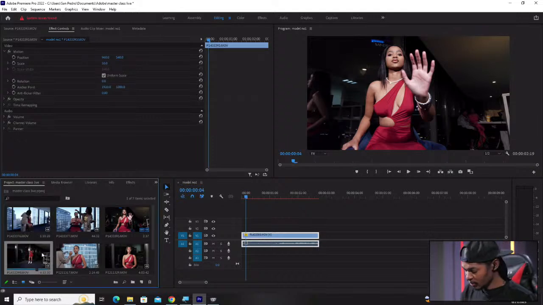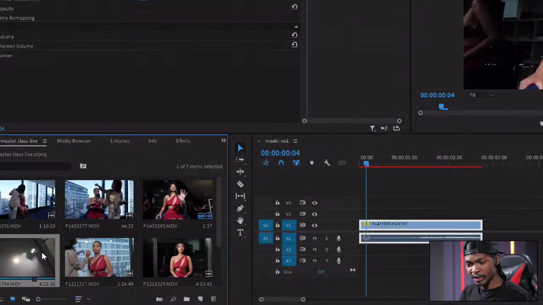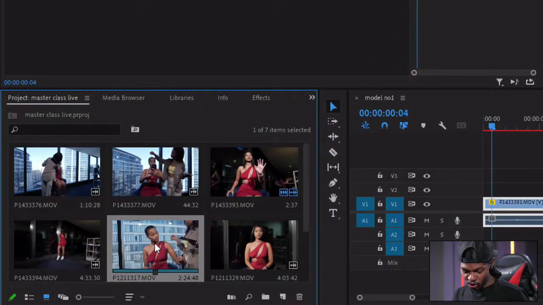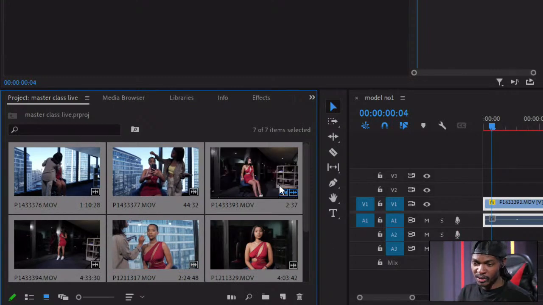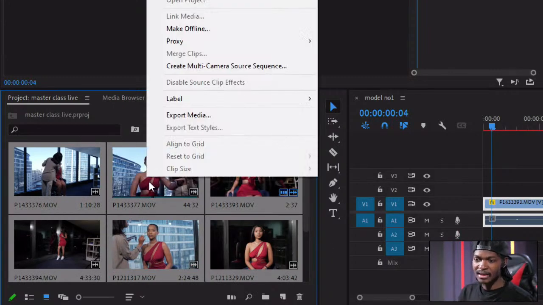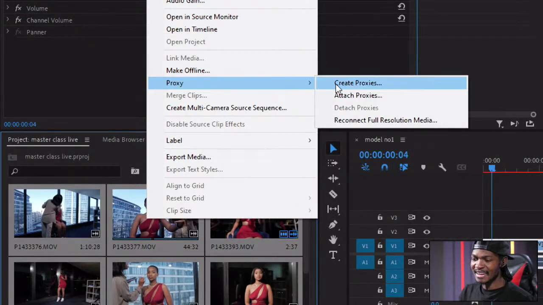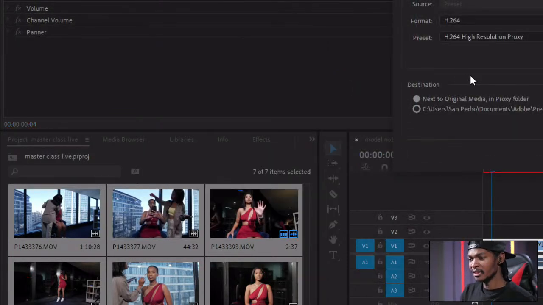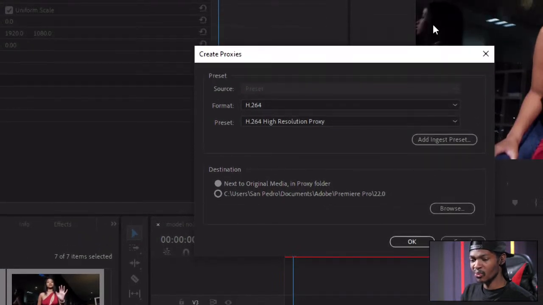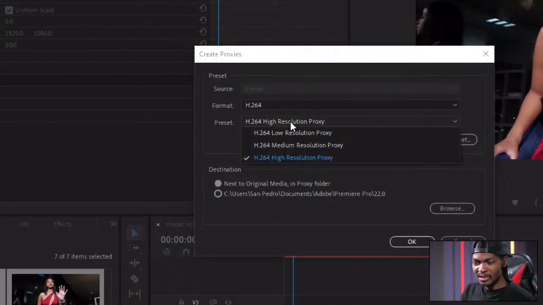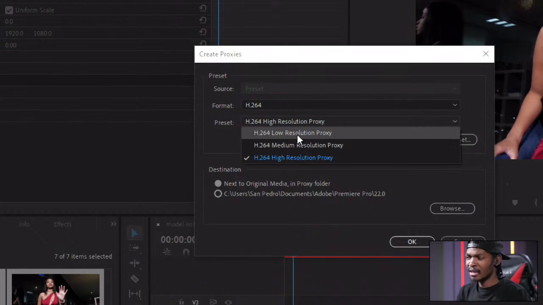So what I usually do is go to the project window. Let me just zoom the project window so that you can see what I'm doing here. In the project window, press Ctrl A to select all the clips, then right click, go to where it says proxies, and then create proxies. A proxy settings window will open. In the format, I'm gonna make it H264, and then the proxy resolution,